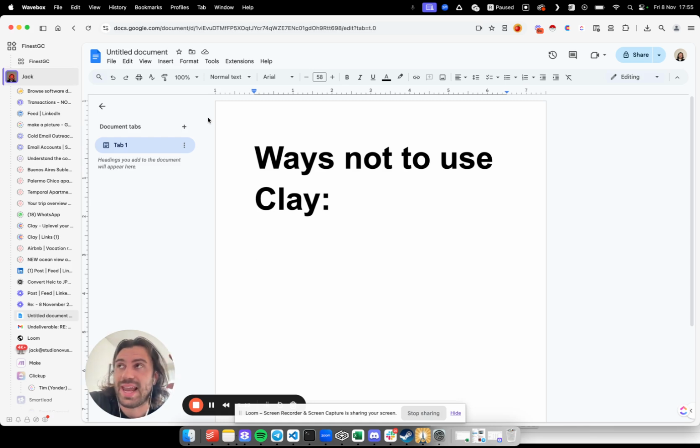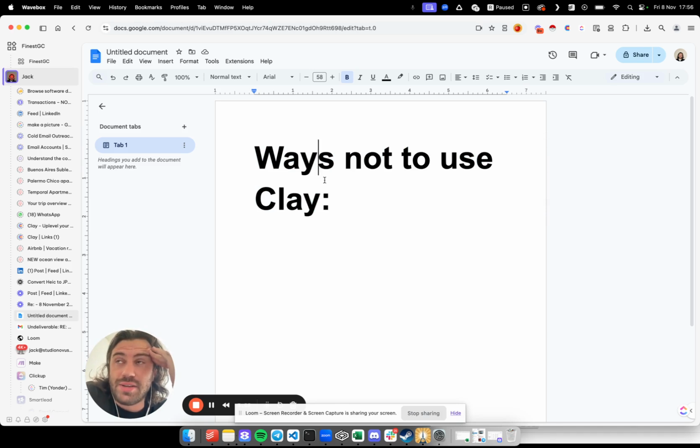So Clay is kind of like a labyrinth. If you're unfamiliar, Clay is like a connector of tools. You can do AI, you can connect APIs, you can connect native tools in Clay, and then you can do some other crazy stuff. We'll try and cover a few different things in this video. As with all videos, it's completely unprepared. I have done zero preparation for this, and I probably will never prepare for a video because A, I can't be bothered, and B, I think they just come out weird. So yeah, ways not to use Clay based on that will be zero preparation.